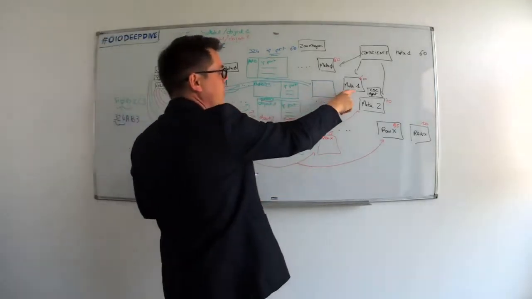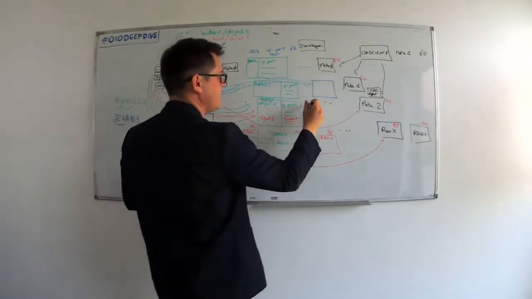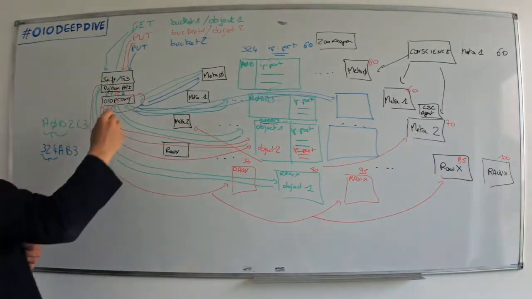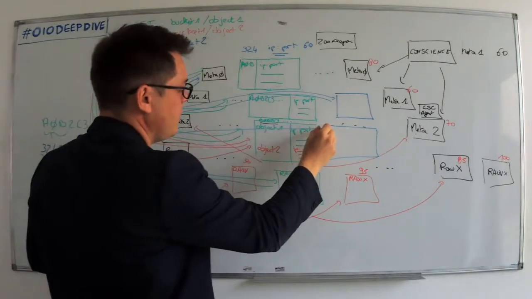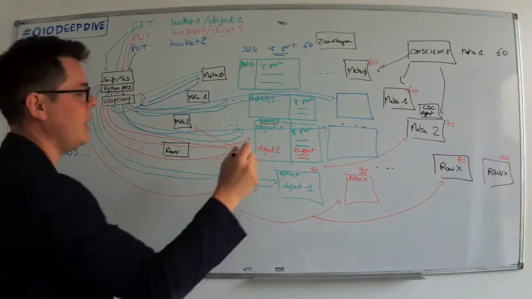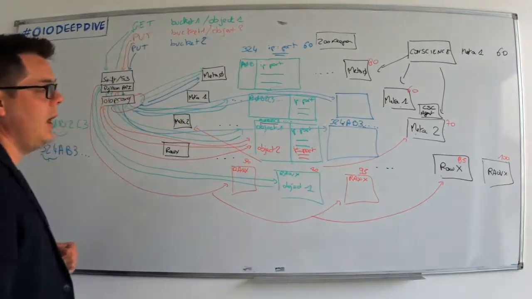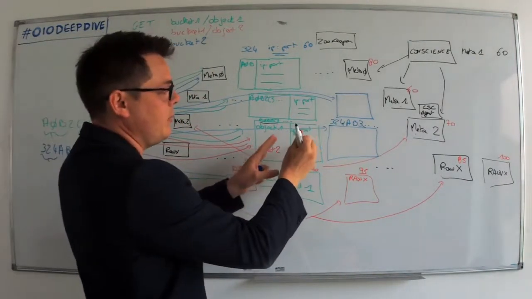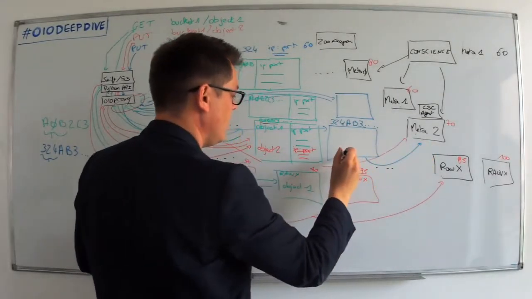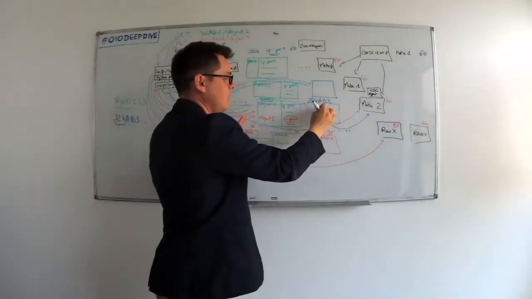So let's go back here. The Meta 1 will give a list of the three most available Meta 2 services in the platform. So let's say this one, and this one. So the proxy will say, okay, I want to create a new container, this one, 324 AB3, and so on. And so the bucket will be created here. Again, remember, with the Zookeeper, we'll do synchronously the replication of this new database.